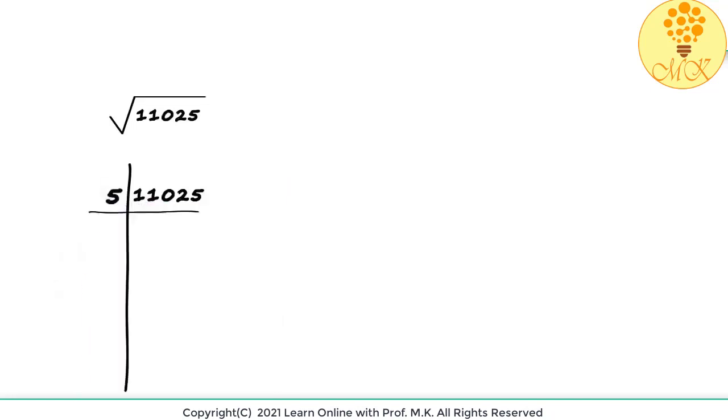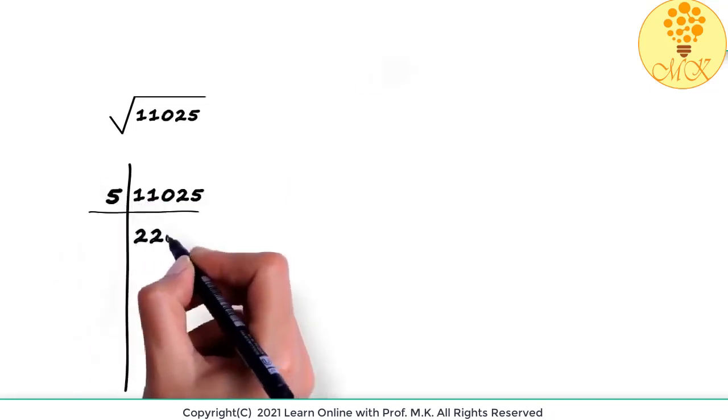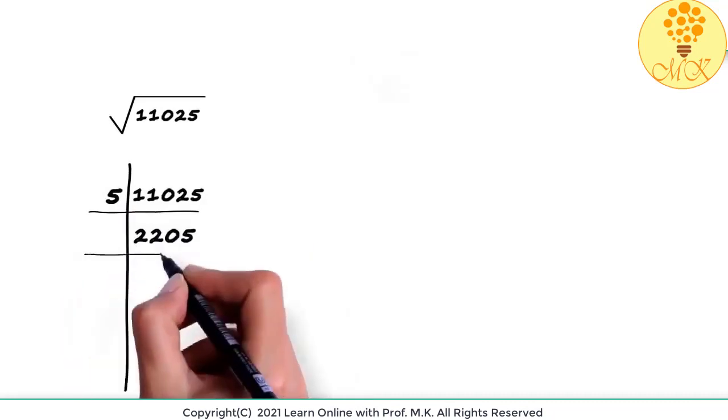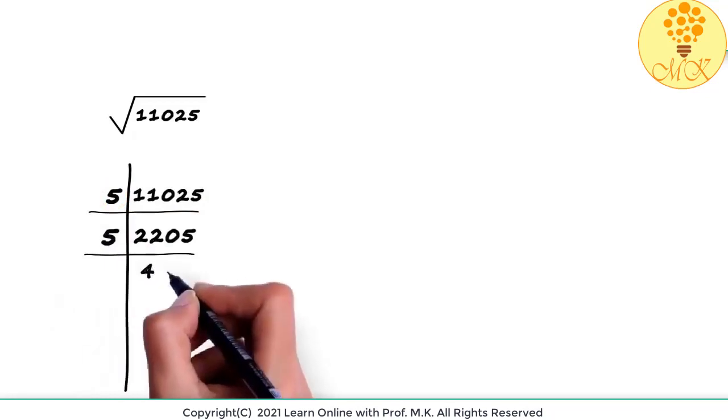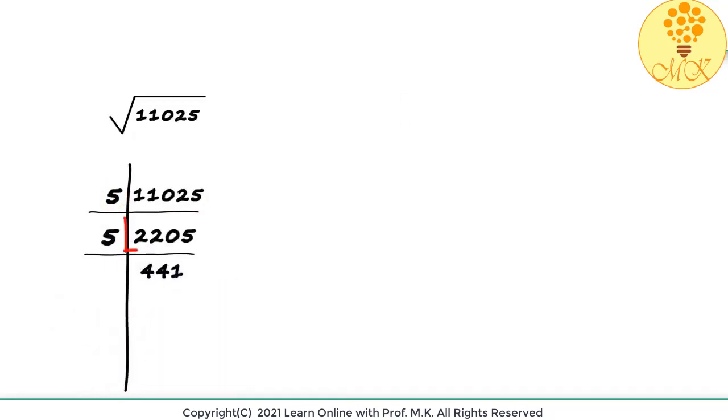Say 5. So 5 multiplied by 2,205 gives us 11,025. This number again is divisible by 5. Hence, we write a 5 here. And 5 multiplied by 441 gives us 2205. Of course, you would take a bit more time to find the numbers here, but that's perfectly alright. And remember, we keep just the prime factors on the left-hand side.